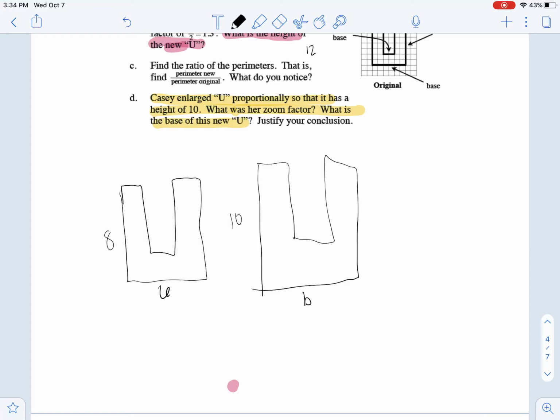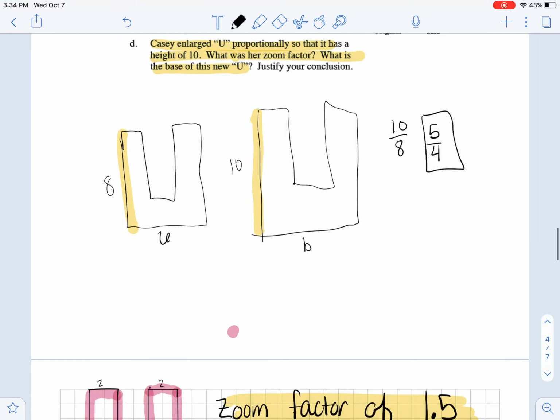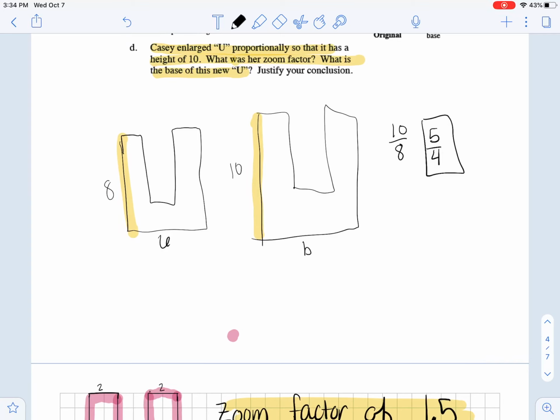Well, to find her zoom factor, I'm just going to simplify 10 over 8. I'm going to compare the new one to the original. 10 over 8 simplifies to 5/4. So I know that that was her zoom factor. Now, in order to solve for the base, I'm just going to write an equation. I'm just going to go 10 over 8